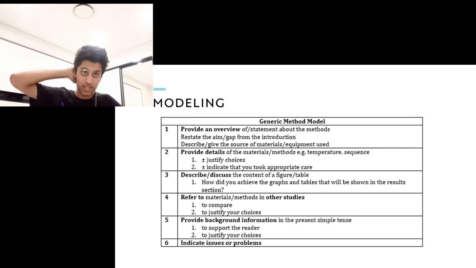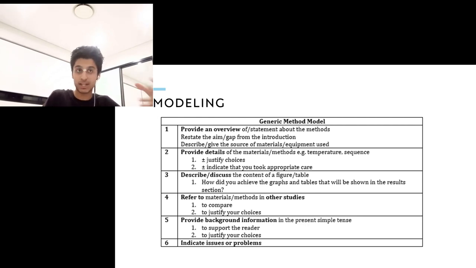source of materials and equipment used. In the second point, you want to provide details. And here's where you justify your choices, and here's where you indicate if you took proper care or not. Then you want to describe